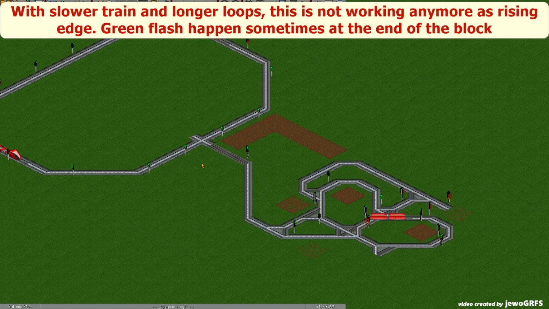What you can do in that case, if you have this problem, you can remove this signal and change this block to be longer, and that will make this work in a better way. Flash,